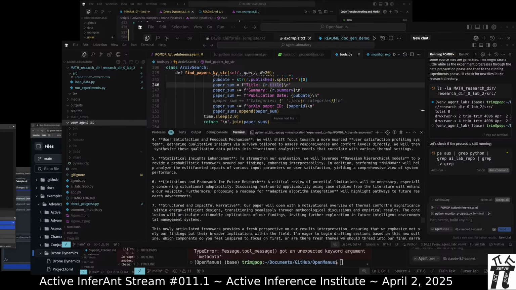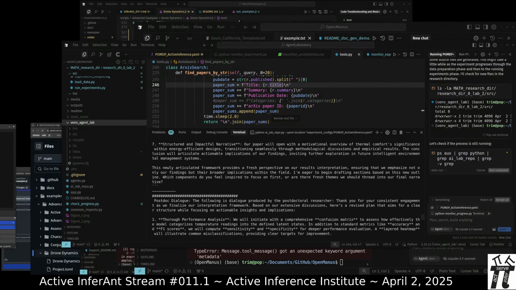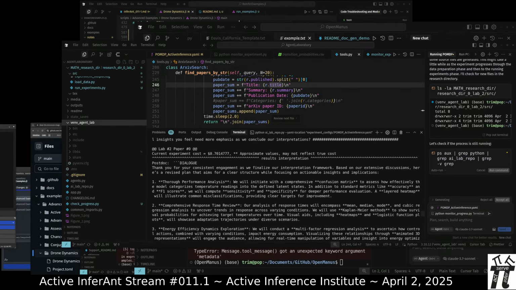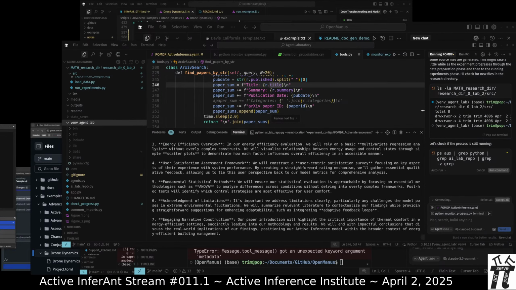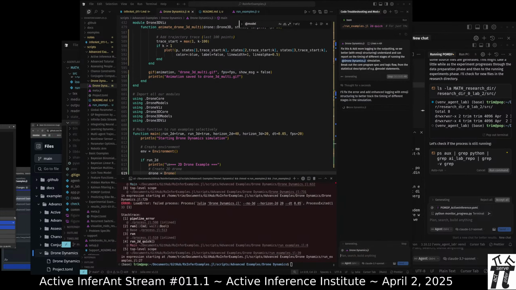Now it's into the storying of the paper. All right, back to the drone. Working on drone dynamics.